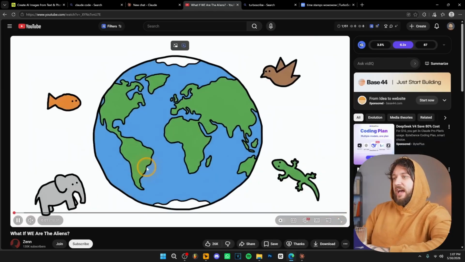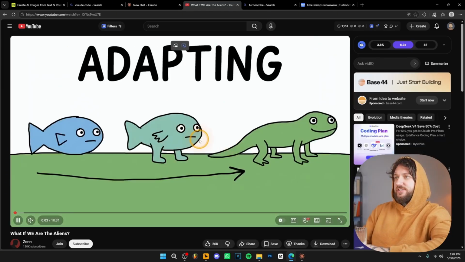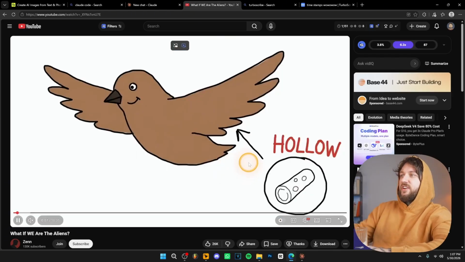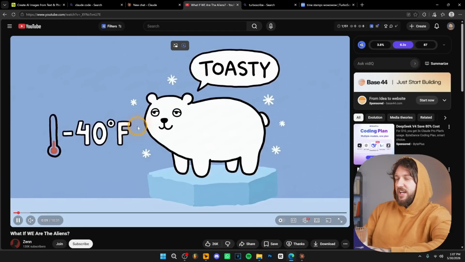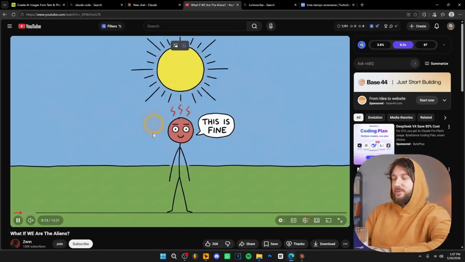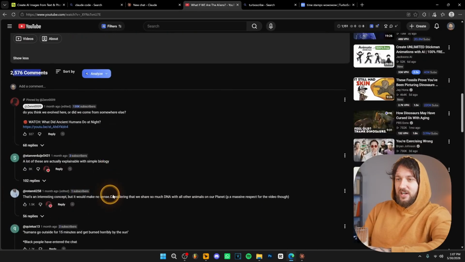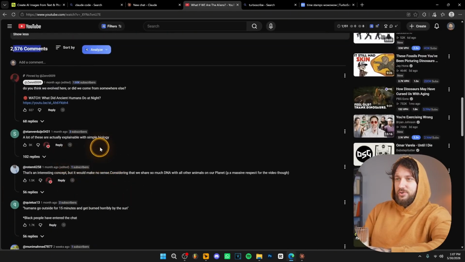As you can see, this is how the videos look. These are literally just images of bad drawings. But the secret is that there's tons of images. As you can see, the images are changing almost every 2 seconds, almost every 3 seconds. That's the secret. Now, if we look at the views, we see that the video was uploaded literally on April 16, 2026. It has almost 1 million views, 26,000 likes, almost 3,000 comments, and people are actually enjoying the videos.